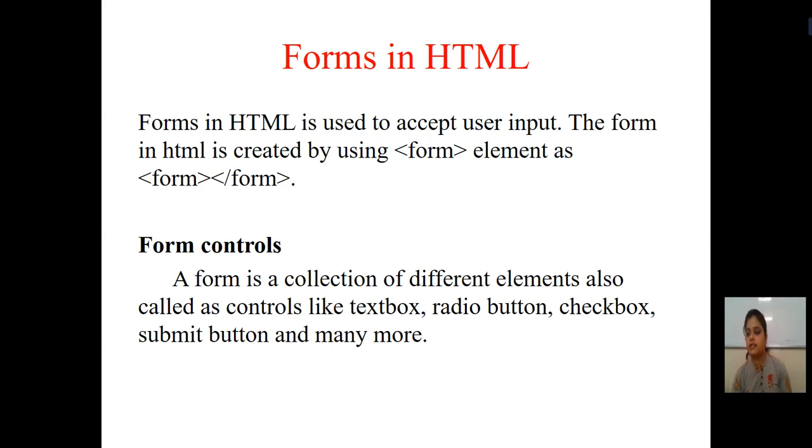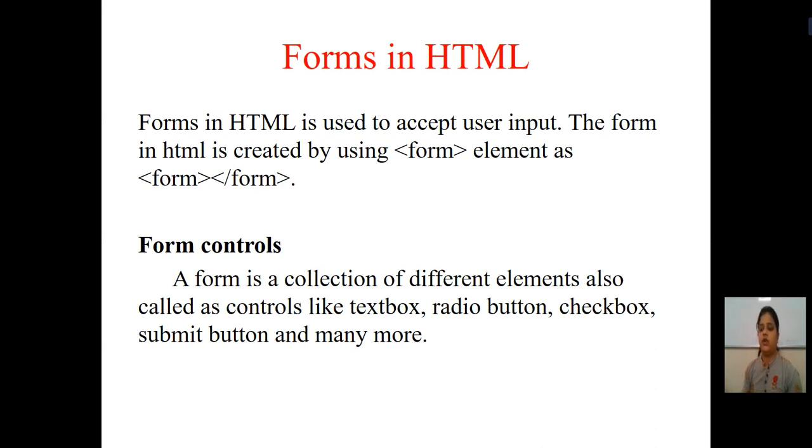A form is a type in HTML where you can accept the user input. Whenever the user gives any input, that input is given through the HTML form. So what is the use of forms in HTML? It is used to accept the user input.